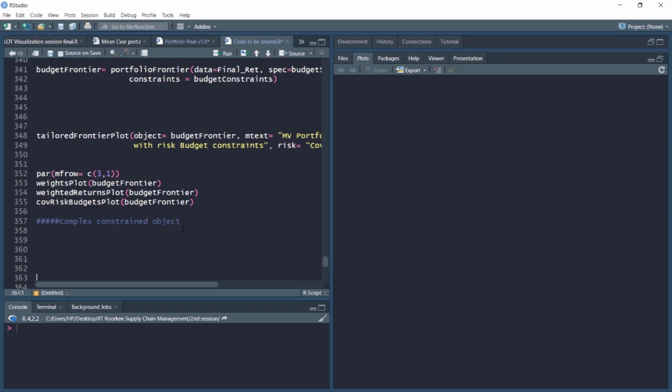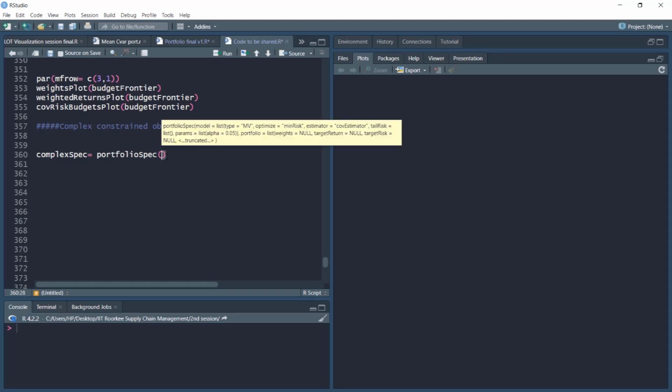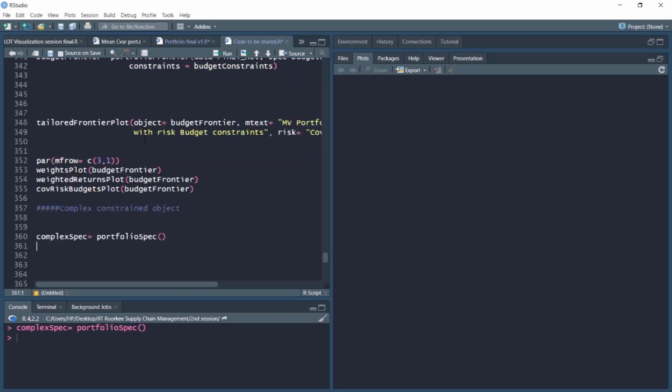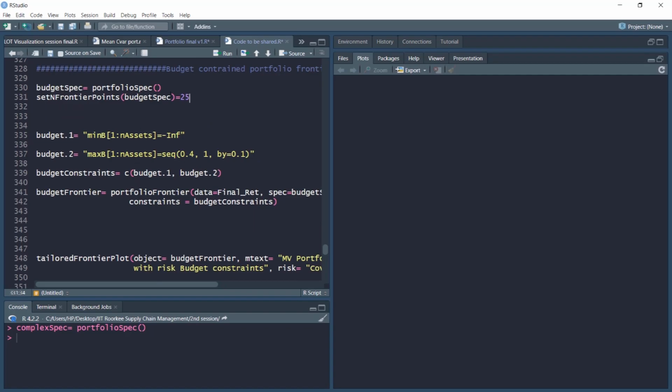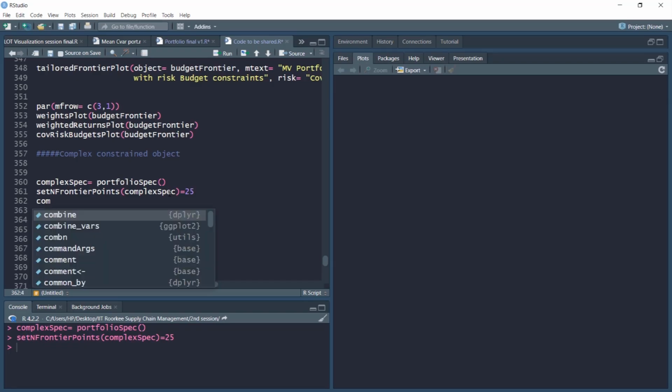object. Let's create that. So for that, let's call it complex spec. Let's call it complex spec, and again we'll use our portfolio spec function to create this object. As we did earlier, we'll specify the 25 frontier points, but we'll need to change the object to complex spec object here. So we'll do that, and now we'll create our complex